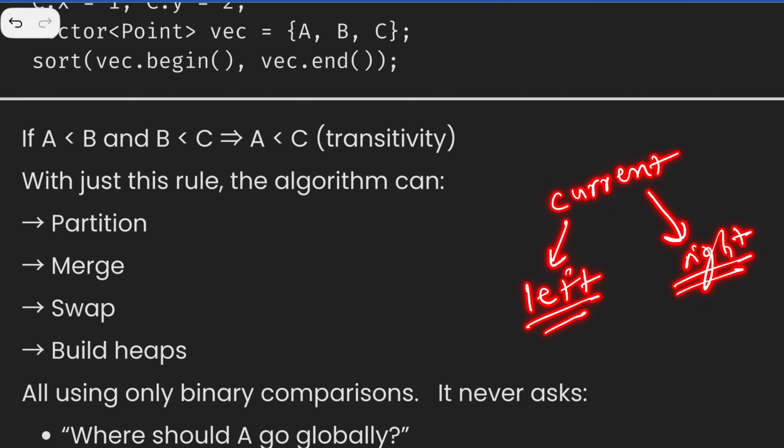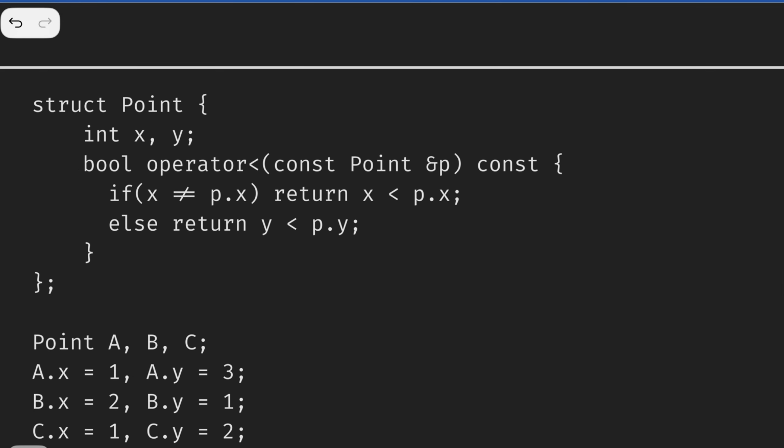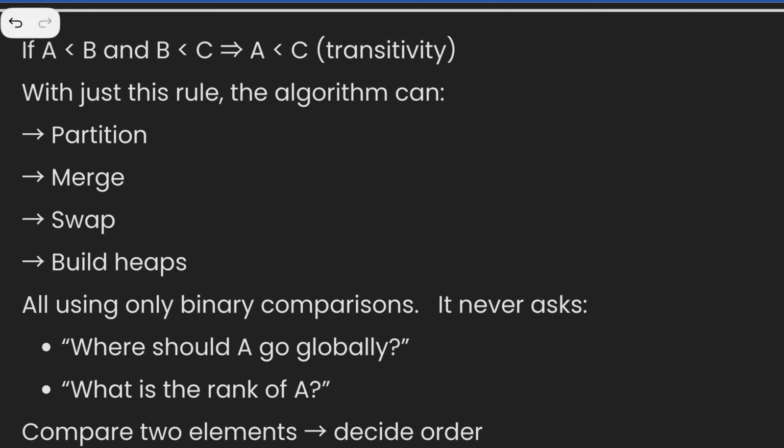That's why the comparison between two elements can be extended to comparison between multiple elements, and by using that comparison, our sort operation will decide where to put all the elements, right? All the sorting algorithms that we saw are based on the comparison between two elements only. So once we define the comparison between our current element and the other element, then we can perform the sort operation. All of this can be done using a binary comparison